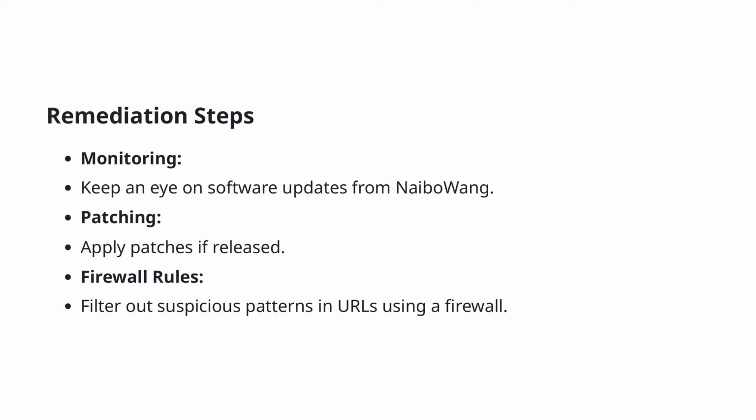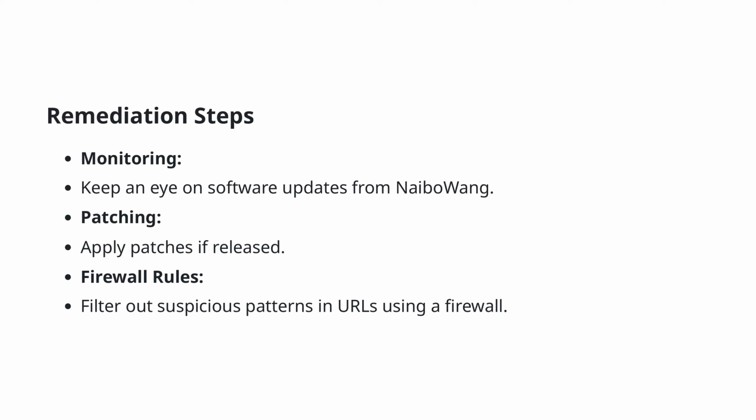2. Patching. If patches are released, apply them as soon as possible. Staying up to date with patching helps ensure that known vulnerabilities are addressed promptly. 3. Firewall rules. Implementing firewall rules can filter out suspicious patterns in URLs. By setting up these rules, you can provide an additional layer of protection against potential exploits targeting the vulnerability. By diligently following these remediation steps, you can significantly reduce the risks associated with vulnerabilities and enhance the overall security